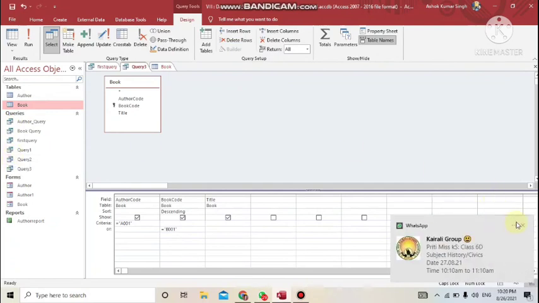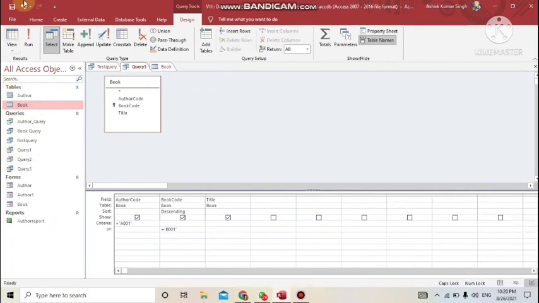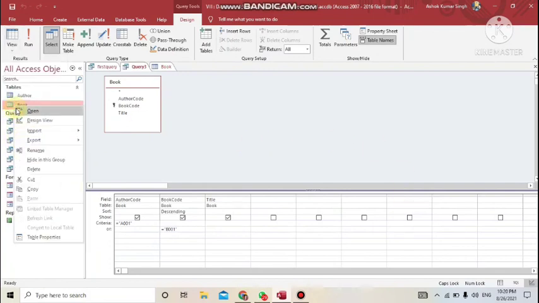Okay, next is how to edit the query. For editing the query, either you open that in the query window and go to view design view, or directly from that particular part of tables in navigation, right click and open in design view. So this way you can edit it. I hope I'm not leaving any of the topics till now. So we have done up to